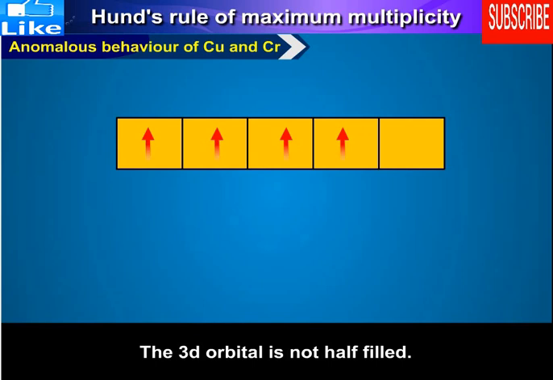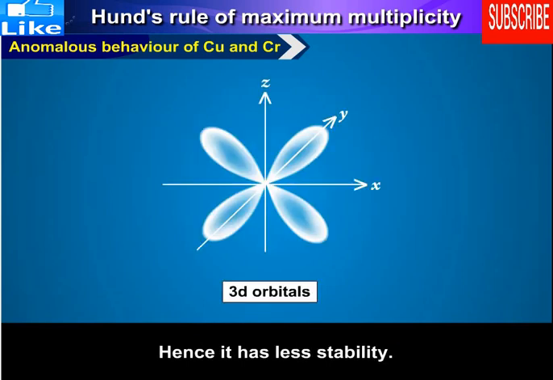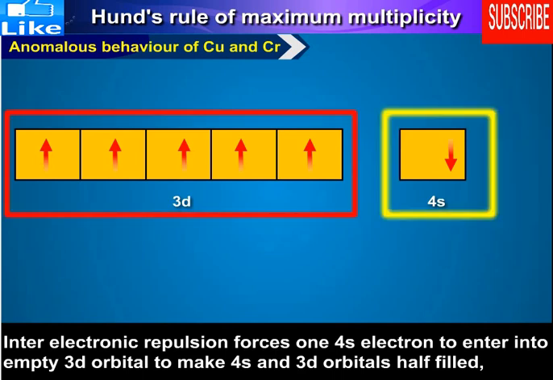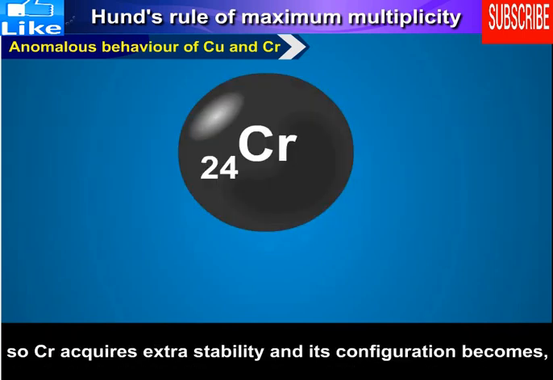The 3d orbital is not half-filled, hence it has less stability. Interelectronic repulsion forces one 4s electron to enter the empty 3d orbital to make 4s and 3d orbitals half-filled, so chromium acquires extra stability, and its configuration becomes